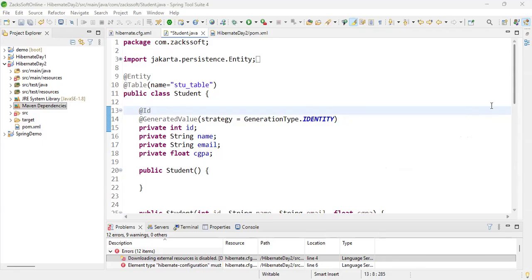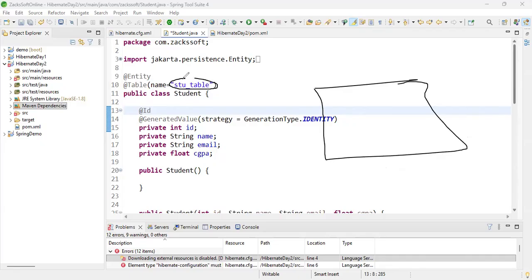So now, can you tell me, one table will be created. What is the table name? Now you can change anything here. For example, Student. If you write student table here, then that will be the table name, no problem. Now tell me, how many columns will be created, sir? 4 columns will be created. So what are the column names? ID, name,